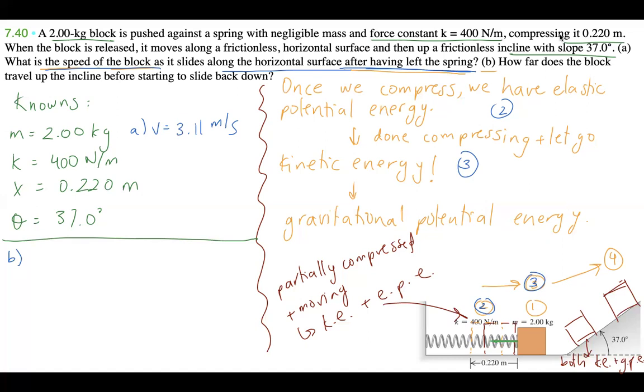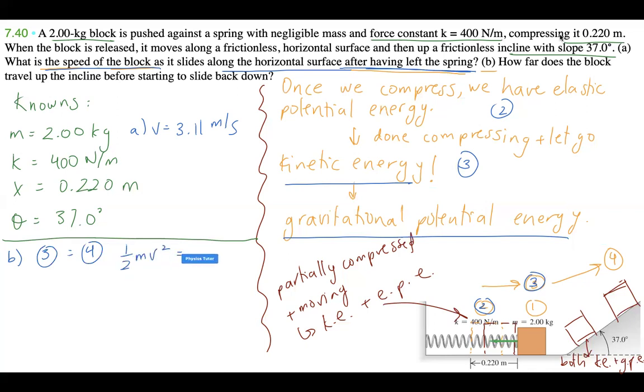As we said, at stage 3, it's all kinetic energy. And the maximum height can be determined when all the kinetic energy turns into gravitational potential energy. So when 3 is equal to 4, half of mv squared